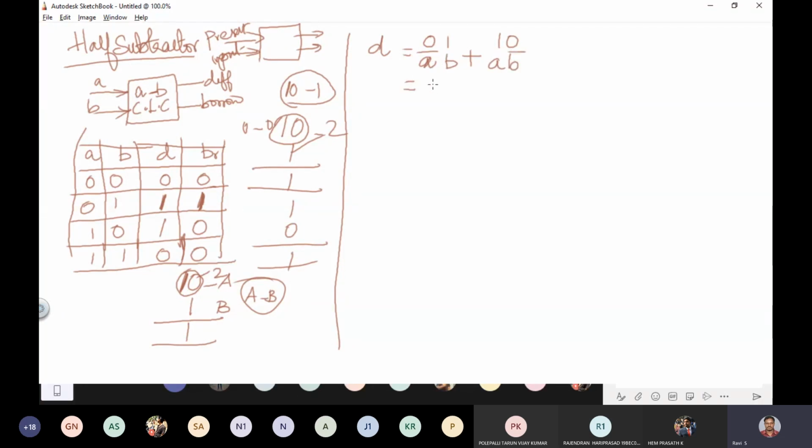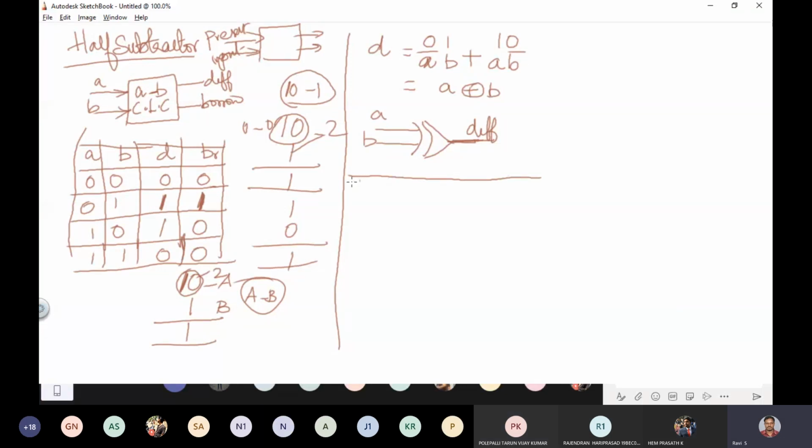This is the famous A exclusive OR B. If I apply A and B into one exclusive OR logic, the output of XOR I can claim as the difference. Correct?